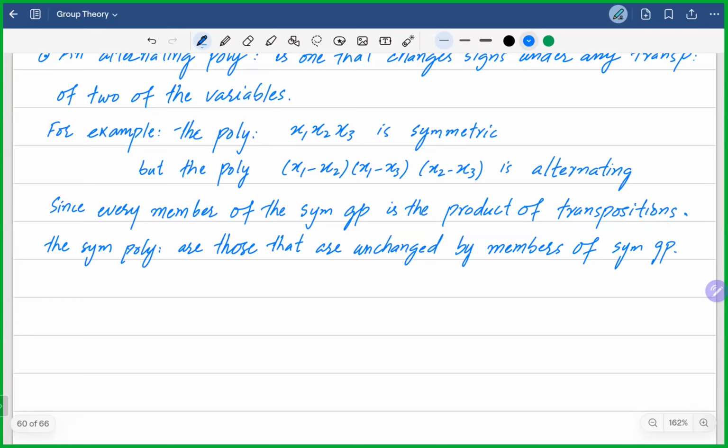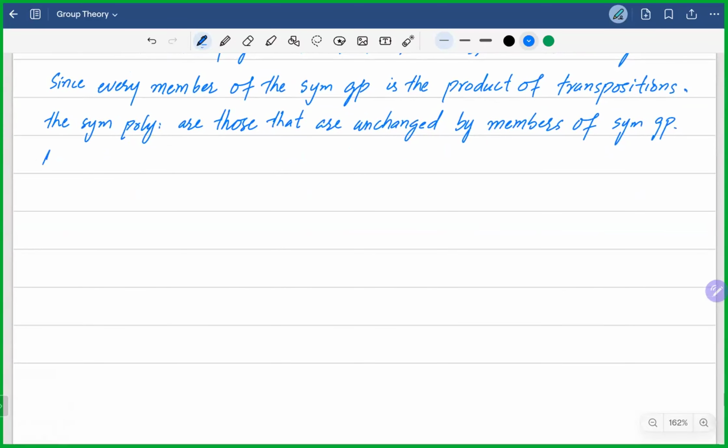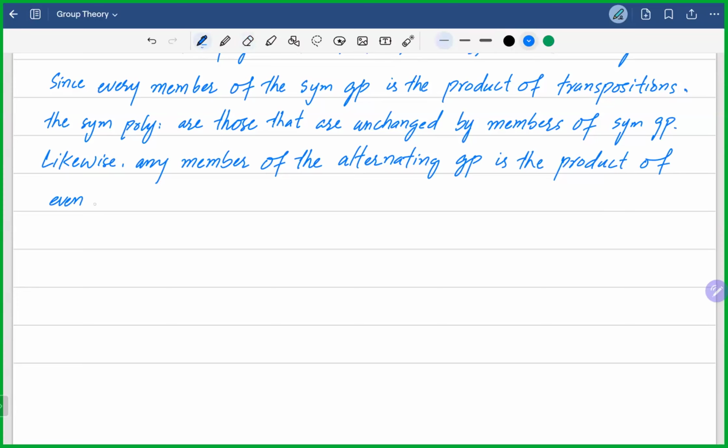Symmetric group, likewise, since any member of the alternating group is the product of an even number of transpositions, right? The alternating polynomials